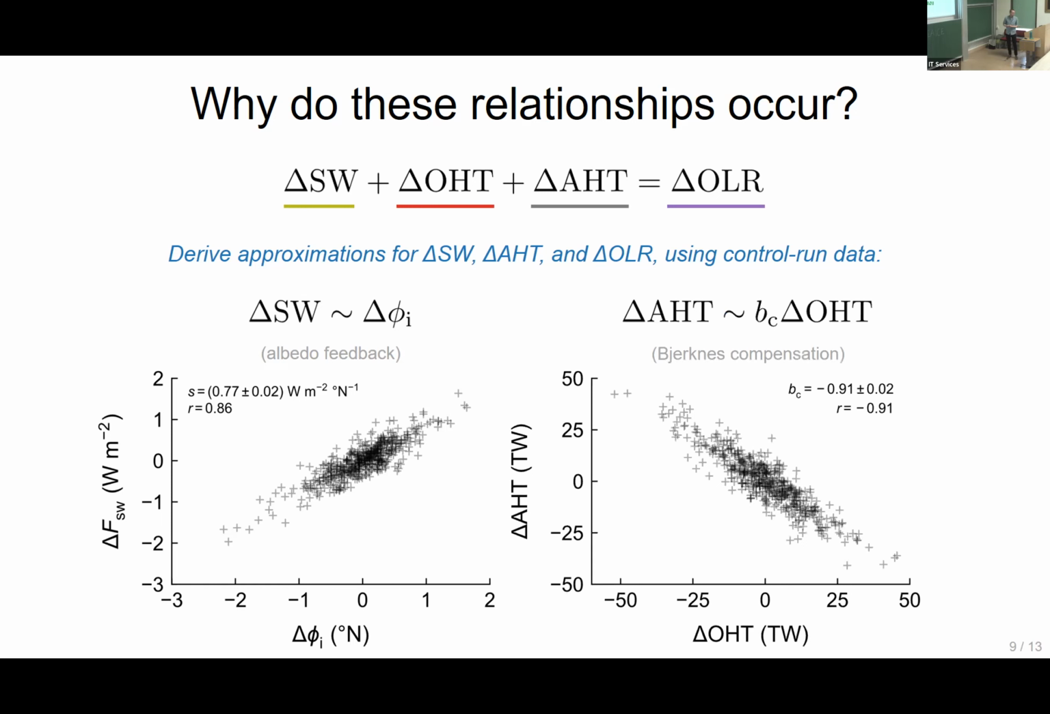We can do something similar for the AHT term. This is a very well-known phenomenon in climate models, where when you tend to have anomalous ocean heat transport, the atmospheric